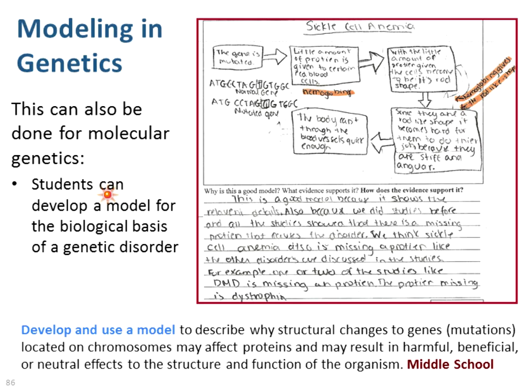Okay, so you can also do this with older students, in middle school and high school, but you can also do this for molecular genetics. So this is another model that kids develop based on evidence that we gave them. In this case, the evidence was related to how genes bring about the traits, right? So this is the protein story. And we did it sort of like a puzzle in pieces where they would get evidence about different organization levels.